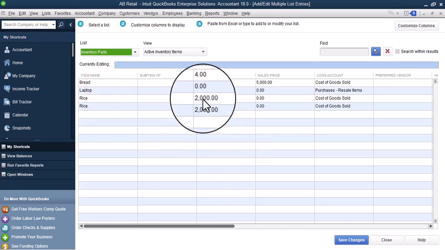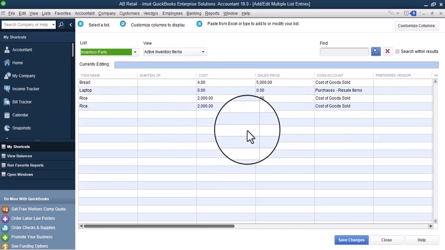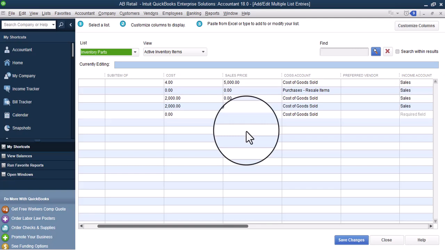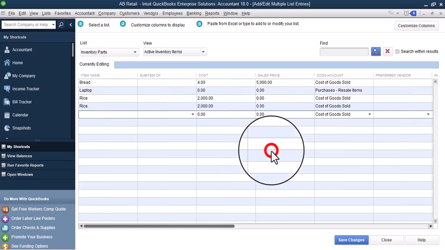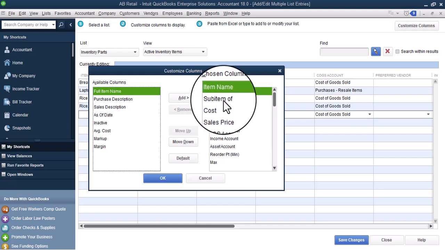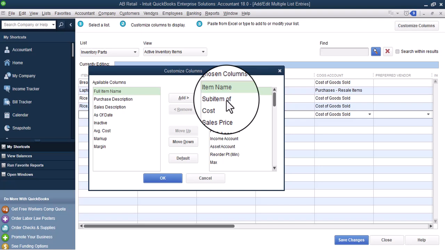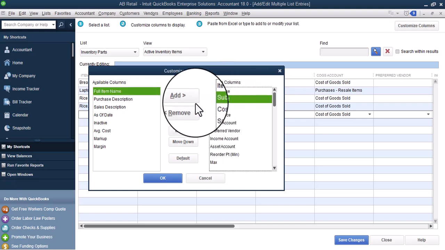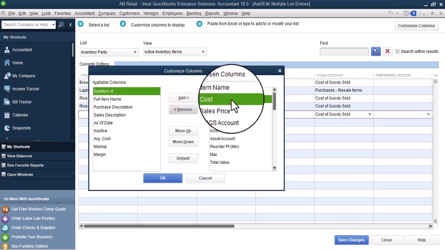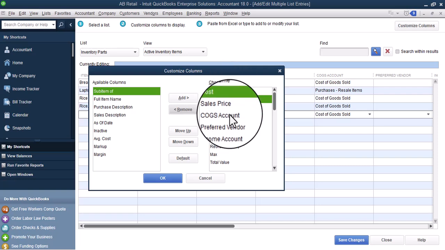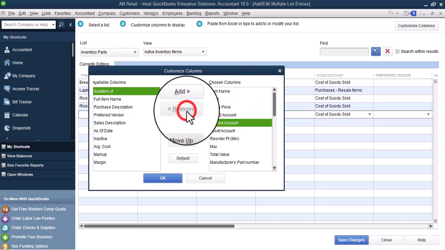Now I might have some columns which I don't have regard for, which I don't need at the moment. So I'll right click anywhere, customize the column. Let me edit on that. So you remove some of the columns that you don't need. This sub item, I don't need it, I just remove it. And the cost, sales price, cost of goods account, preferred vendor, I don't need that, I just remove